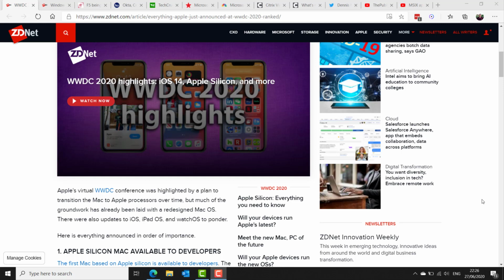As pointed out by some online during the announcements, this move will mean that Boot Camp for dual booting Windows on a Mac is looking like it will be a thing of the past once this rolls out. And if Apple Watch is your thing, it sounds like there's going to be a new feature to nag people about washing their hands, which is pretty timely. And as is usually the way, there was a lot of mockery online through memes showing the iOS updates looking very much like Android and even Windows Phone user interfaces of the past. But it'll be interesting to see where things go from here.